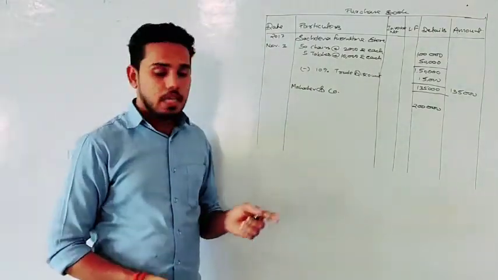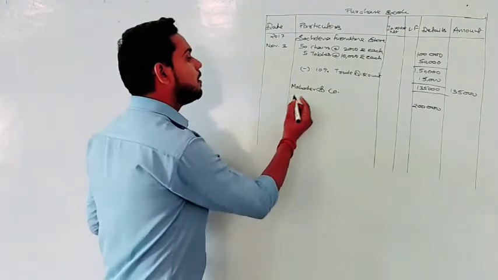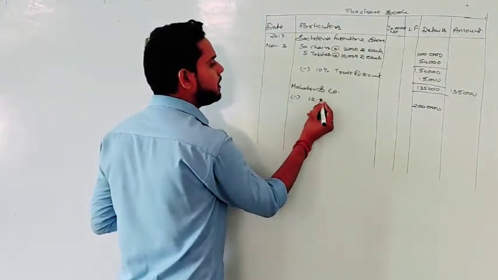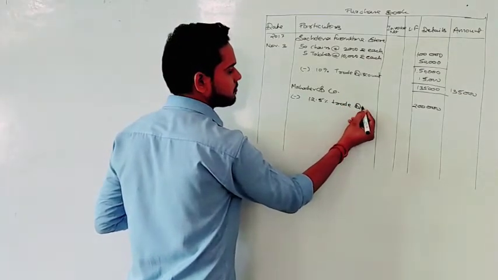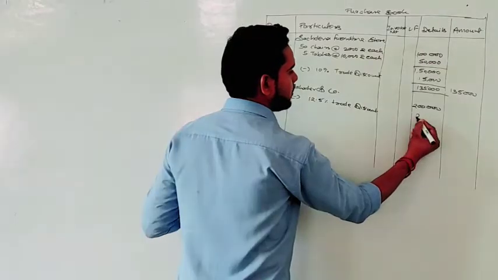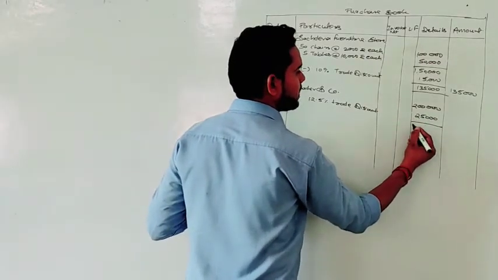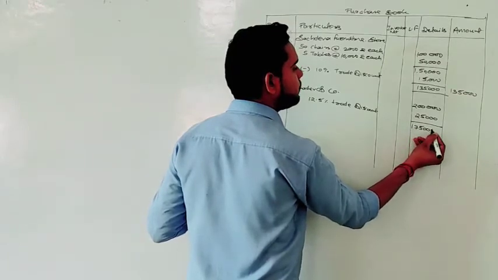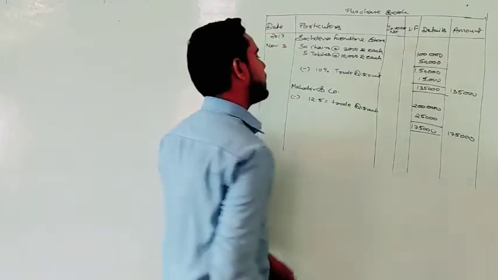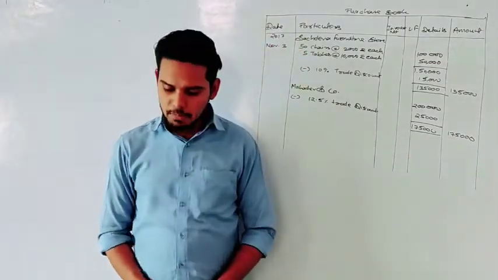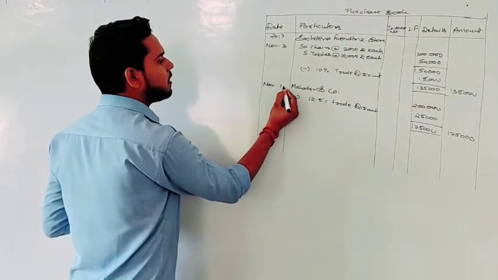Okay, right. And it is given that we purchase at a discount of 12.5%. So what will we do? Minus 12.5% trade discount. That will be how much? 25,000. So the trade discount is 25,000, and after deducting this trade discount, we'll get a value of 1,75,000. This is the actual amount of purchase from Mahadev and Company, right? The date of transaction was 10th of November, so we can write the date here, November 10th.